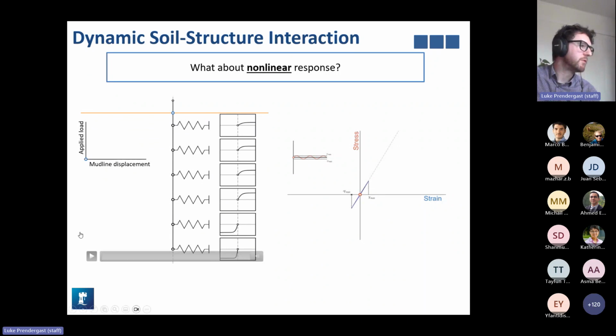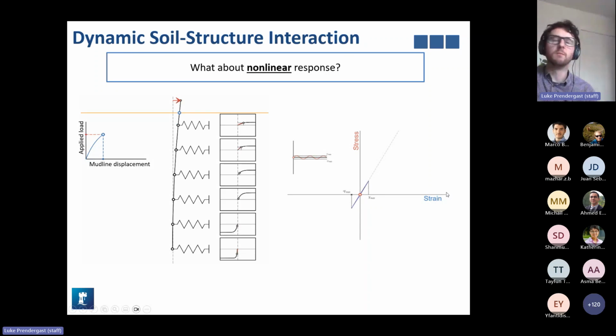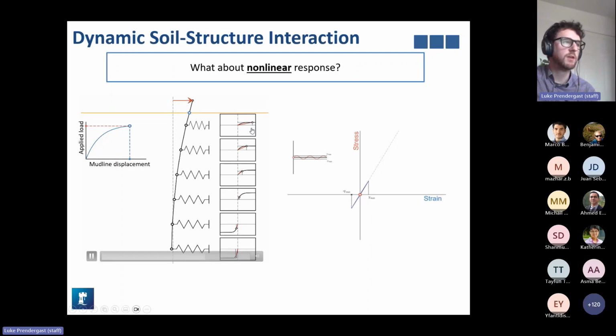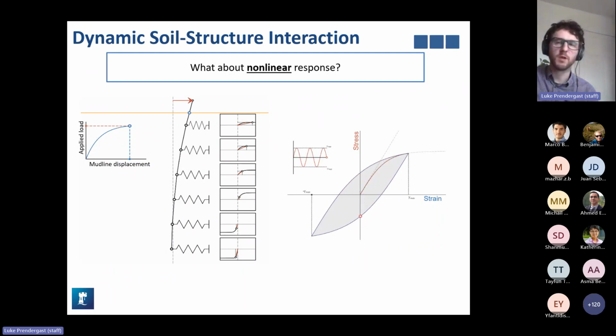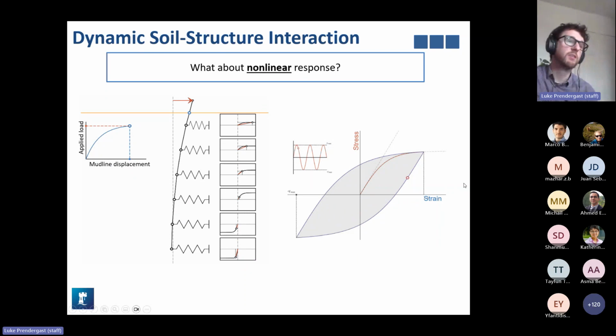So just to show you, this is when we have nonlinearity, when we apply large lateral loads, we get this nonlinear response, and each of the respective springs has a nonlinear response. So in terms of dynamics, when you're in the small strain region, we know that our PY response or stress strain response is approximately linear. However, when we go to larger strains, as might occur under storm waves, for example, then we get this larger hysteretic type response. And that can be something that's difficult to encapsulate as well.